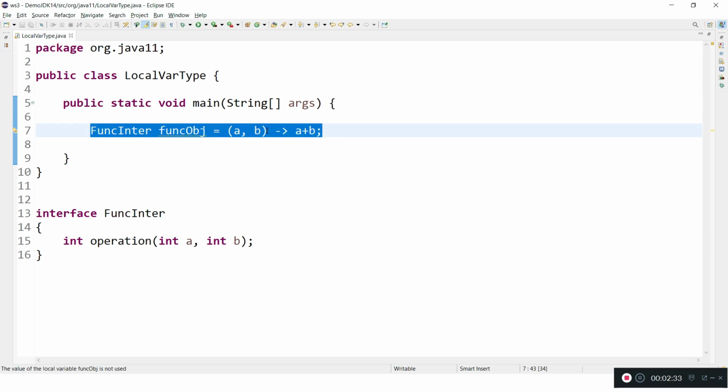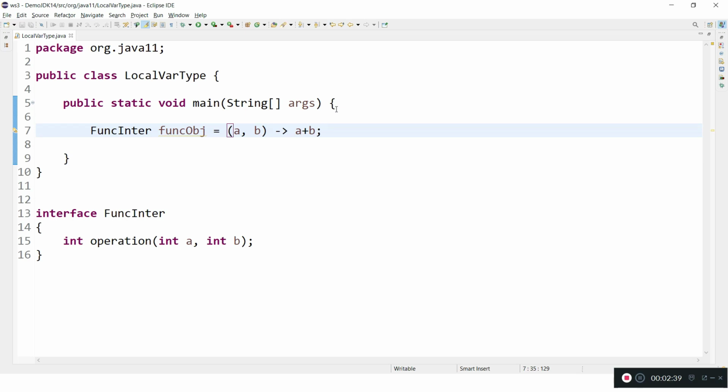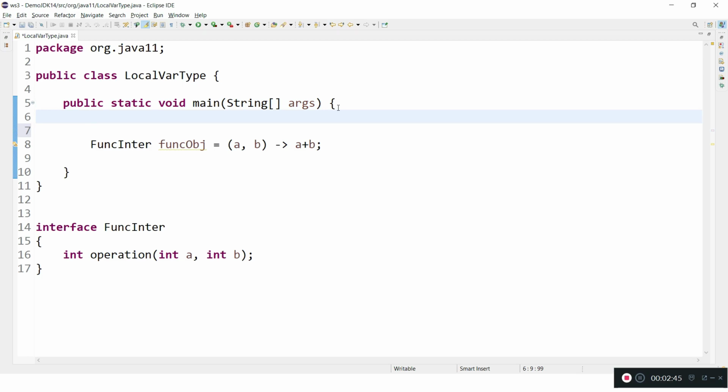Now coming to our enhancement, local variable syntax for lambda parameters. Before going to this, I will show you how we create a local variable. Let's say I want to create a String x. This is how I create it.